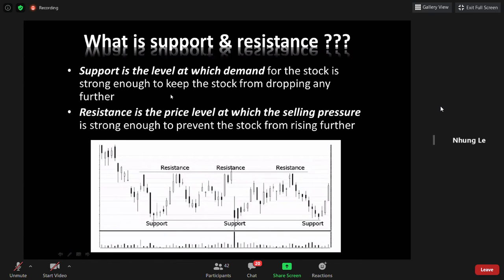And here is just another example for you to observe the resistance and support level. So this one,